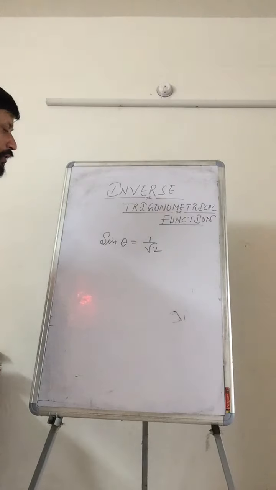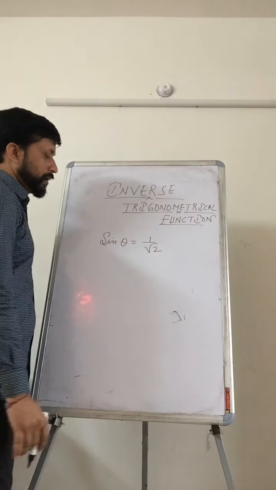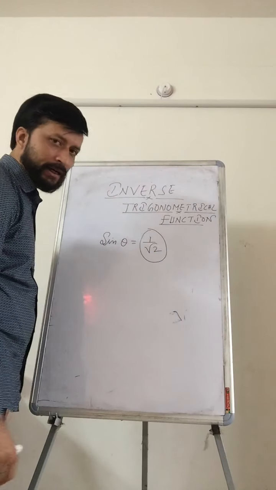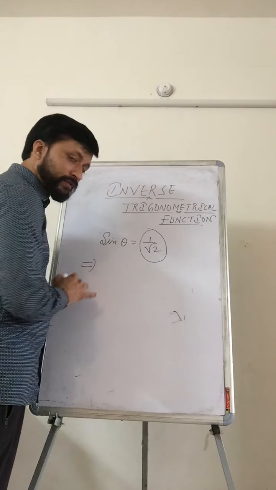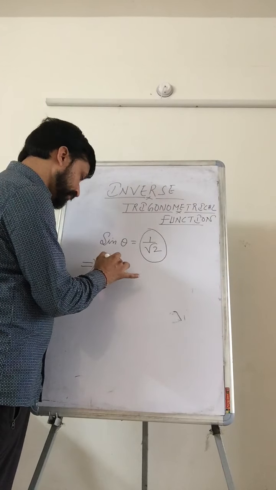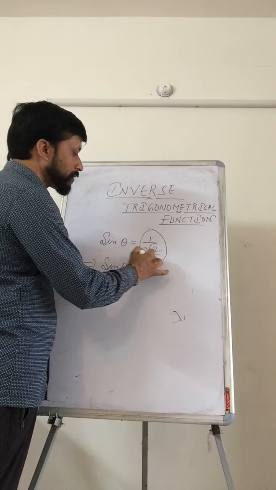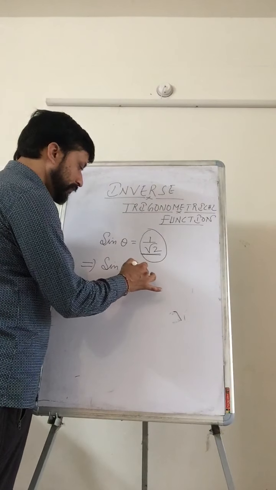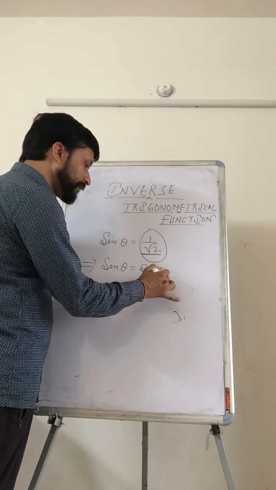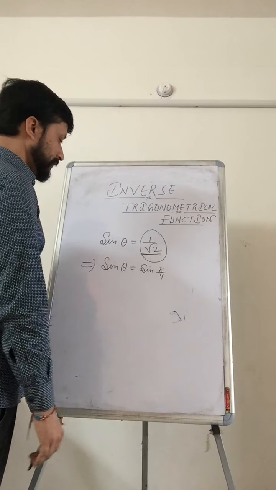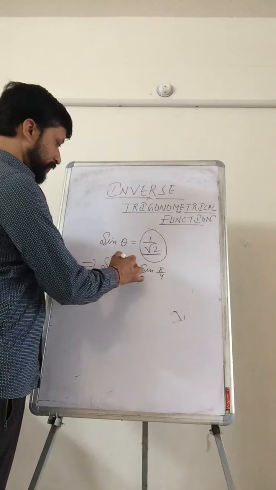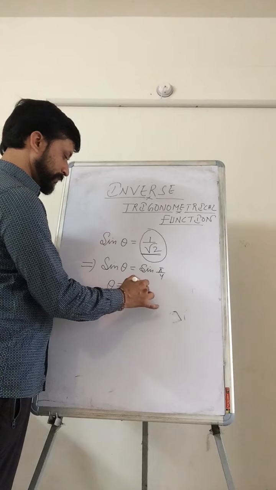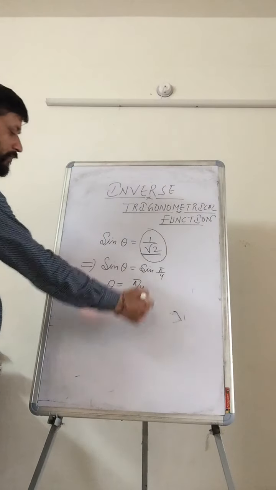Here sin theta is equal to 1 by root 2. We know that for what angle the sine will be 1 by under root 2: that is for 45 degrees. But in functions we will not write the angles in terms of degrees. We use radian terms, that is, we can write sin pi by 4. Pi by 4 and 45 degrees are both the same. Now, if you want to find the value of theta, you used to write like this, which was also there, I think, in class 10. So theta equal to pi by 4.